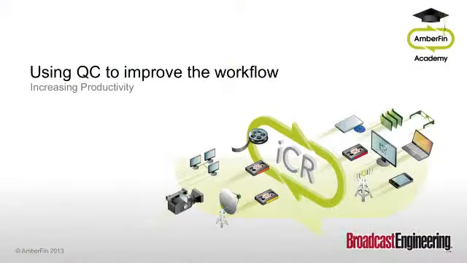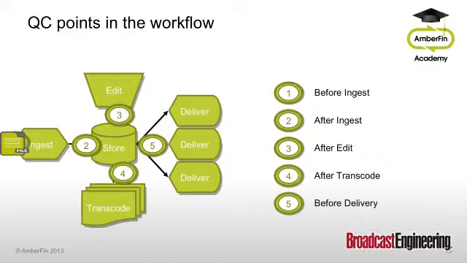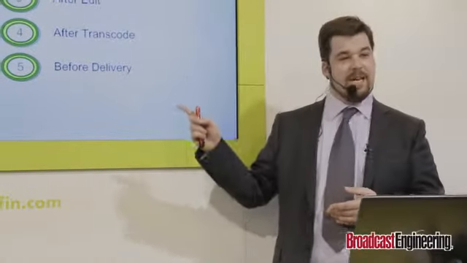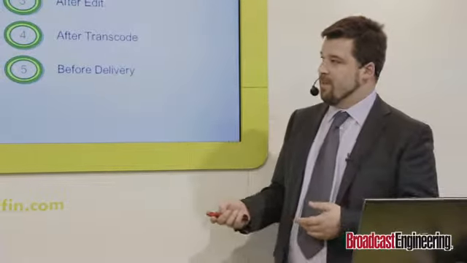So finally, what else can we do? We can use the QC data to increase the productivity in the workflow and improve the workflow itself. Here's a very simplified diagram of a typical media installation. On the left-hand side, we've got ingest, whether that be tape or file. In the middle, we've got some storage there. We've got an edit at the top, be that craft edit or just top and tailing, whatever. Some transcoding at the bottom to create the deliverables on the right-hand side. And that gives us 5 potential QC points in the workflow. If we take those 5 QC points